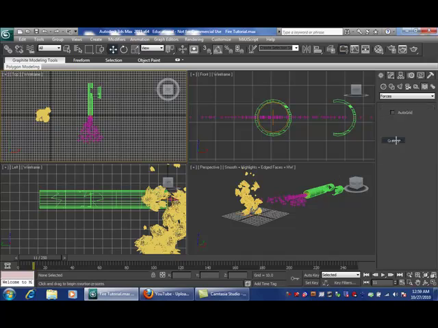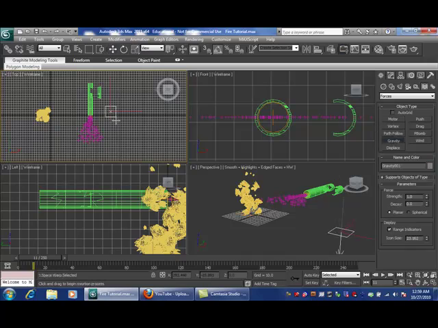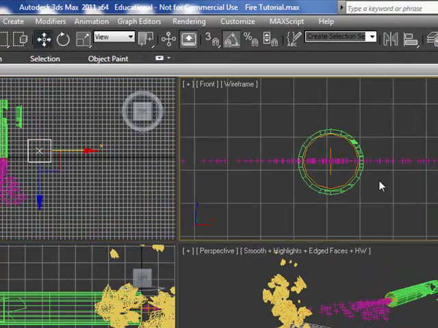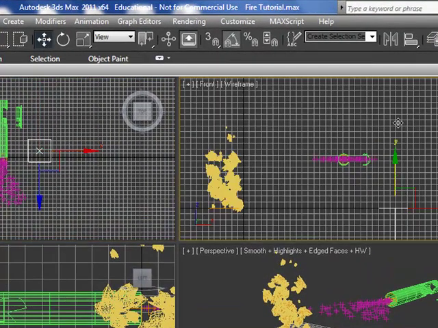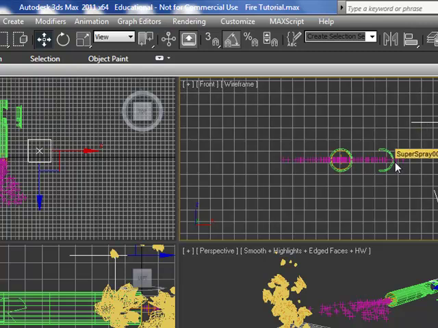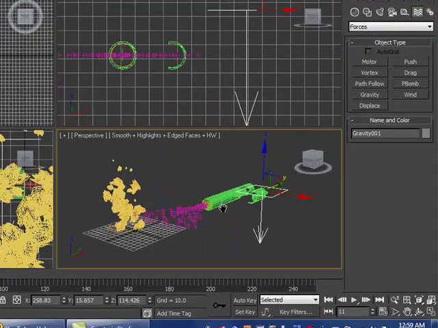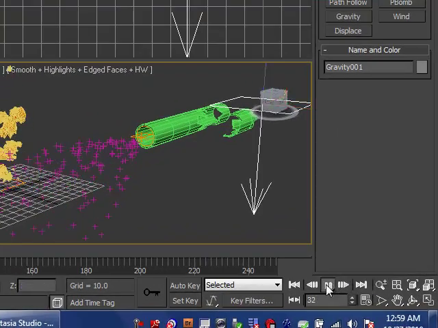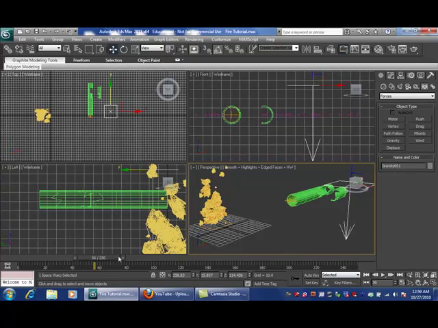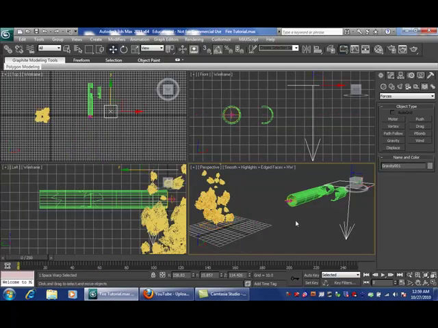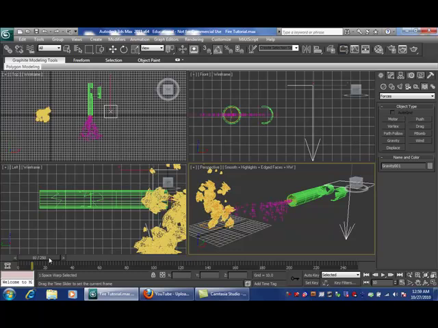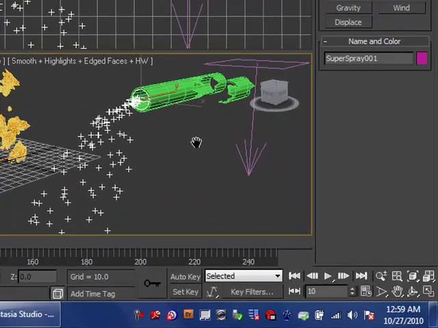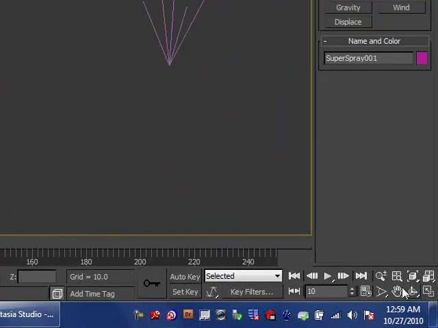Now another is gravity. Gravity is just like wind. Gravity points down, right? Gravity pushes down towards the Earth. So by gravity being in there by itself, this particle system does nothing. We hit play and it just stops. However, if I go back to 0, or even bring it out here, and I take that particle system and I bind it to gravity, now as the water comes out of the pipe,